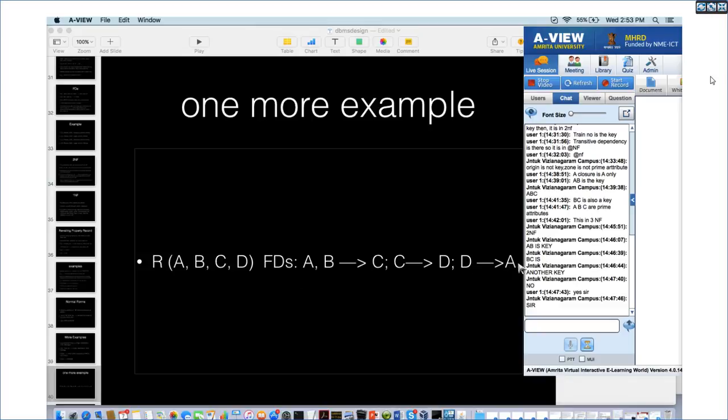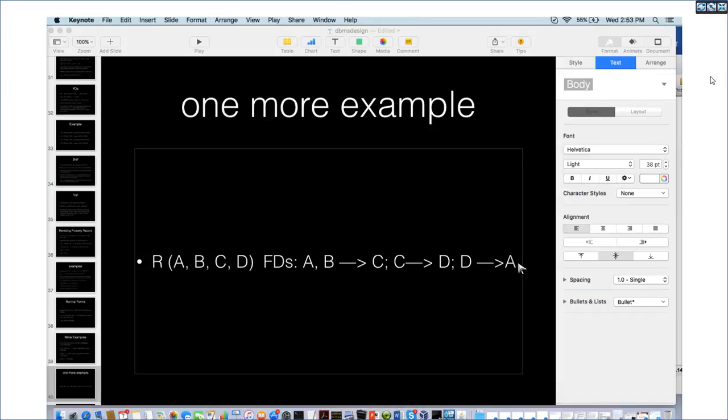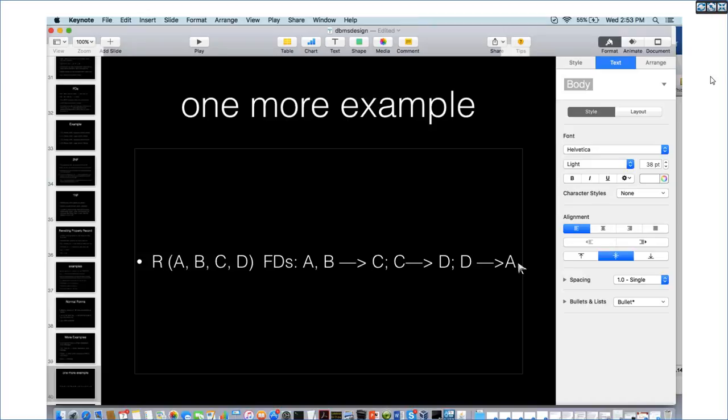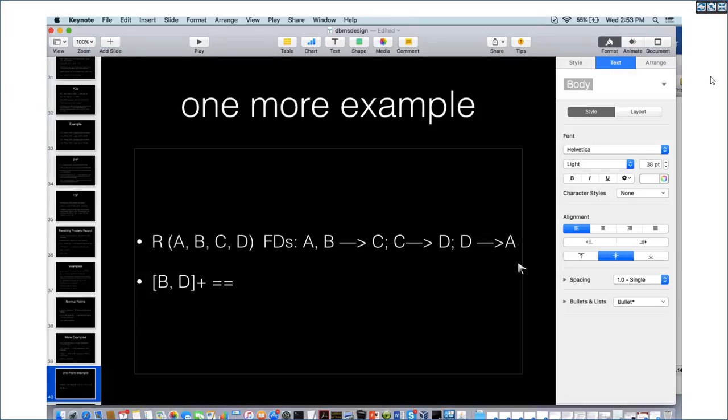BD is also a key for this, because if you start with B and D and try to do the closure of this, then you will get A from D. If you take this dependency D to A, A can be added here. Once you add A, A and B are now there. A and B will determine C, so that becomes C now. So this also becomes a closure for this. Okay, right? Now,